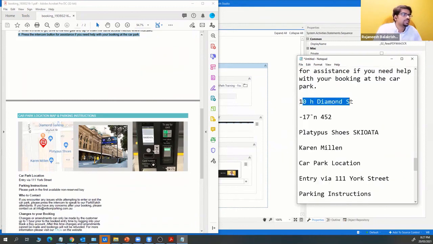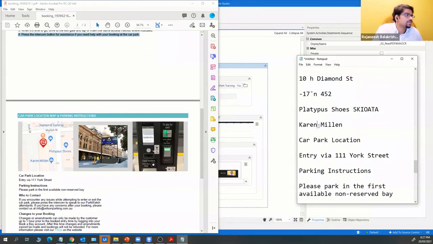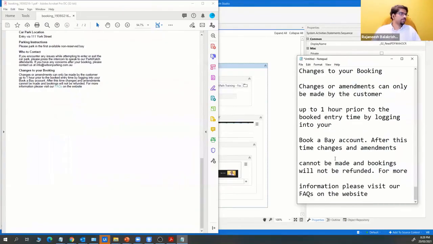That is the 10 Heights Diamond Street. You can see some diamond and some Platypus shoes, Karen Millen and Karen Millen. And there is something called Sky OATA, but if you see, there is Sky Data, so it is not accurate, but it has tried to capture most of the information.